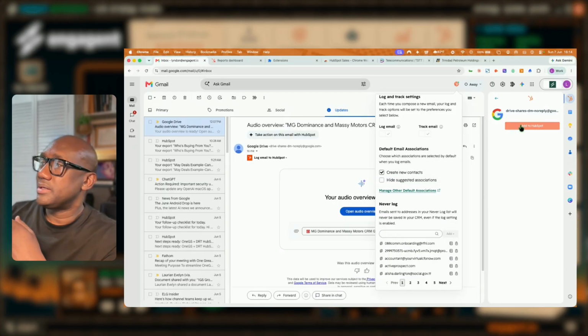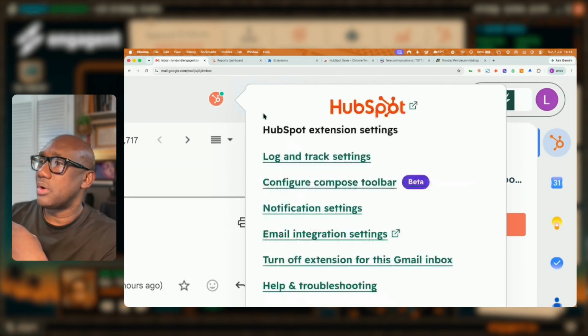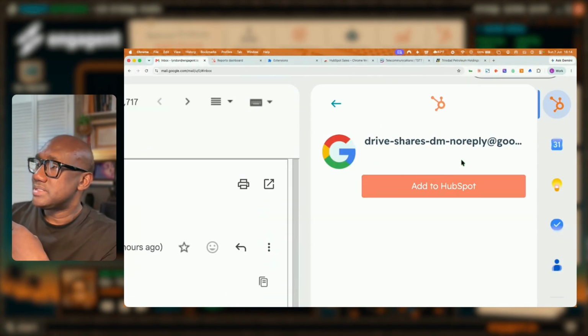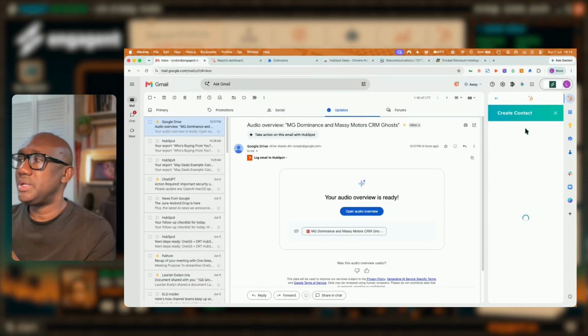Similar to what we see here, this is an actual indication as to what that looks like. If I were to take off the log and track settings, where this is actually saying to add to the CRM. So if I wanted to add this to my CRM, I'll just click where it says add, and HubSpot is going to go through the process of beginning to add it to the CRM, and